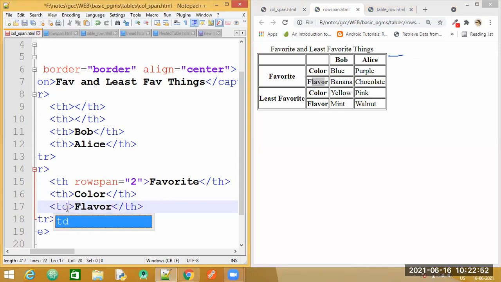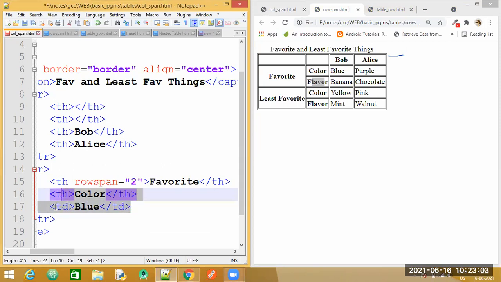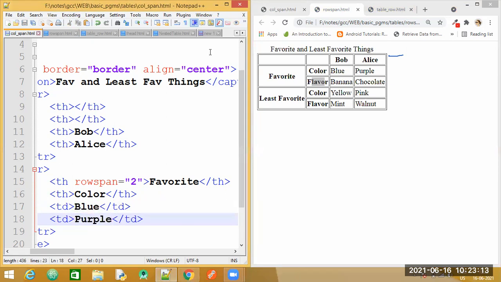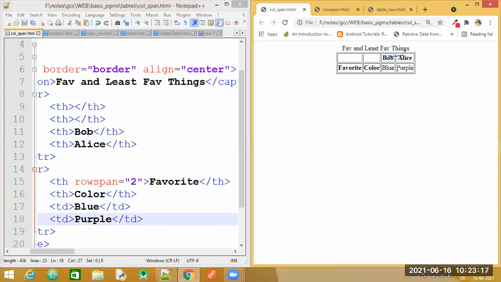TD, correct. So we'll make it TD and we'll give the respective values here. Another TD tag we need. And let's specify the next value. So this much is done. Okay, so this we have achieved.